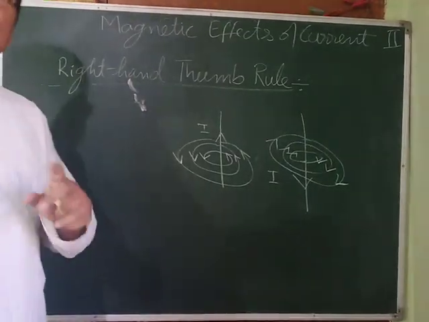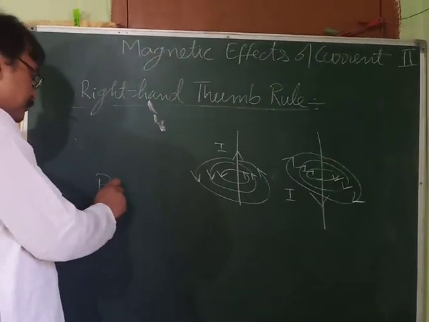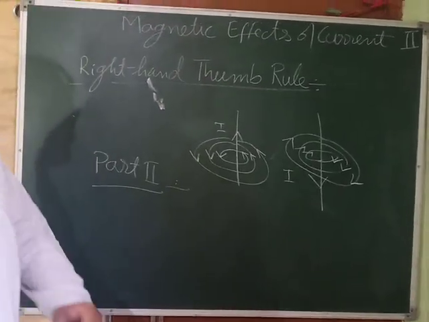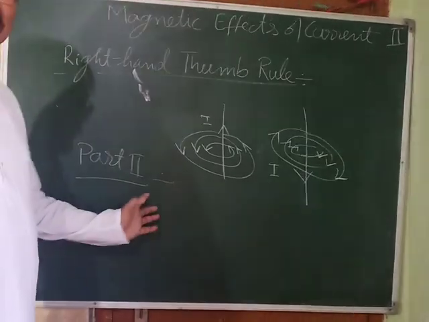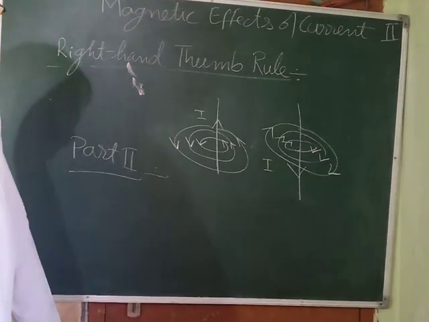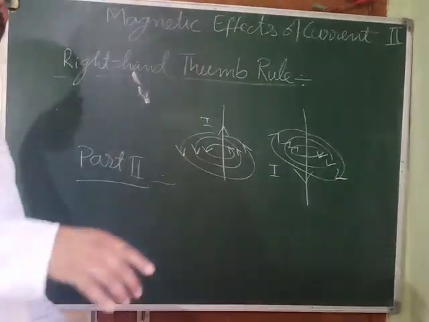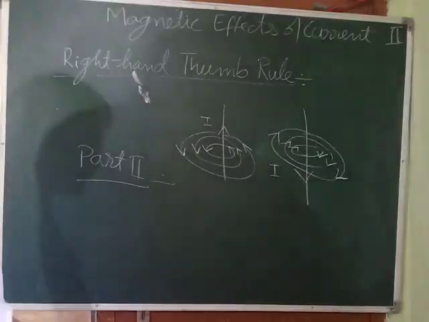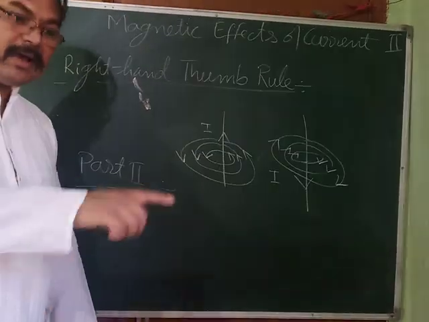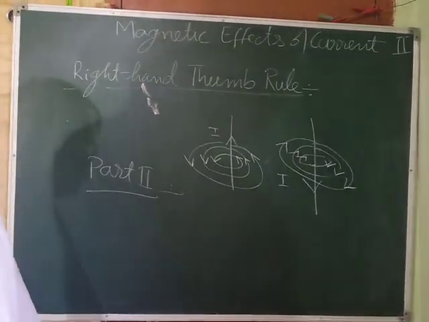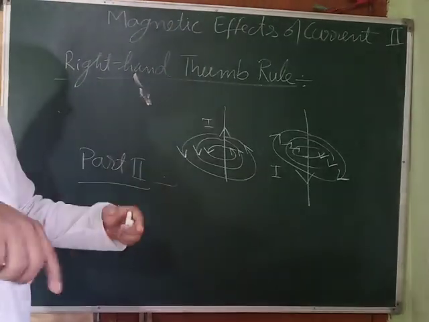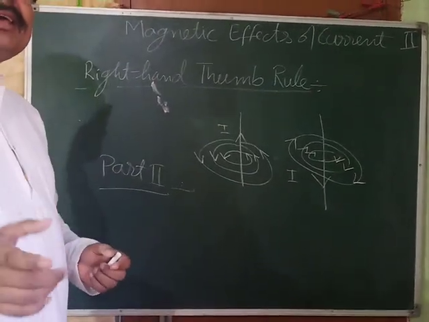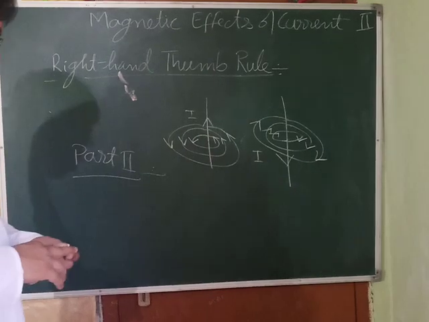But my dear children, it has got one more part. So you can write part 2. What is that part 2? Okay, start writing. In case of a circular current carrying conductor, okay, listen, see, it can be circular, it can be rectangular, it can be square, doesn't matter. It should be a closed current carrying conductor. So better you write, in case of a closed current carrying conductor,